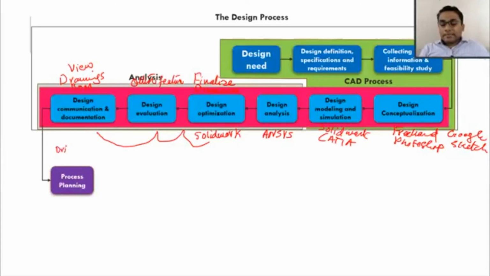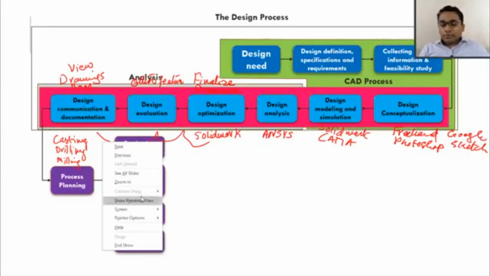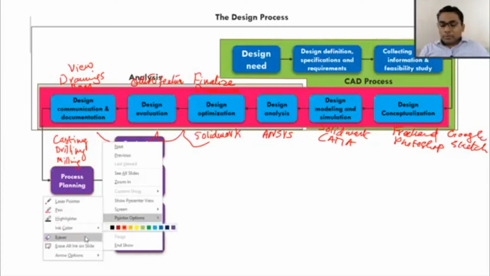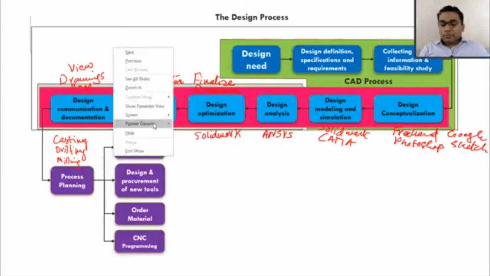The first process in manufacturing is process planning, in which we choose whether we have to perform drilling, milling, sawing, or some grinding, or some casting process. So what type of process are we going to apply? Then we plan the production: what machine is needed, when it is needed, and how we are going to apply the different types of tools for the machines. So basically, it is about the machine tools.